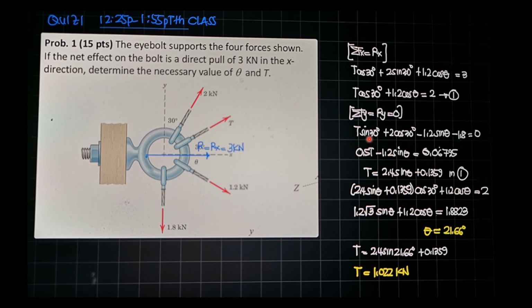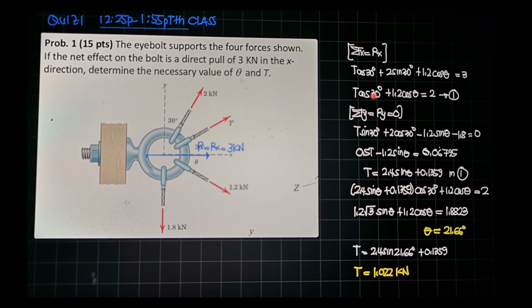Simplifying, T sine 30 is 0.5 T. Then minus 1.2 sine of theta. Then 1.8 minus 2 cosine 30 degrees is 0.06795. So solving for T is 1.2 sine theta divided by 0.5, so 2.4 sine theta plus 0.06795 divided by 0.5, that's 0.1359. Then we substitute this value of T in equation 1,